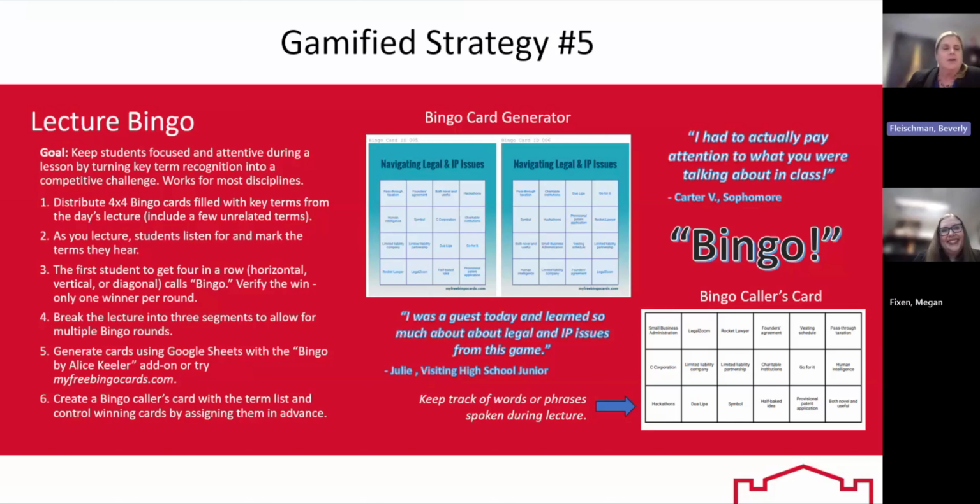So finally, my last strategy is match it or miss it. And this is a memory style game that really reinforces key concepts through repetition and peer teaching. So what I do is I create 2 matching sets of cards, one with terms and one with their corresponding definitions or even visuals. And then I make at least 6 pairs of these cards so I can divide my students into small groups of 3 to 4 students.